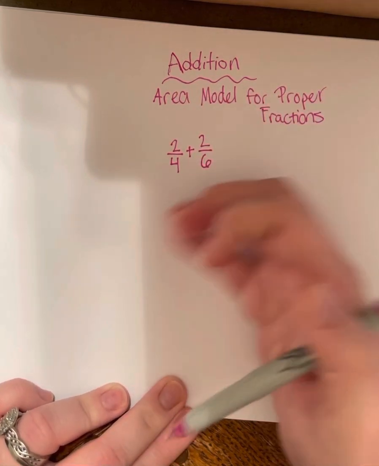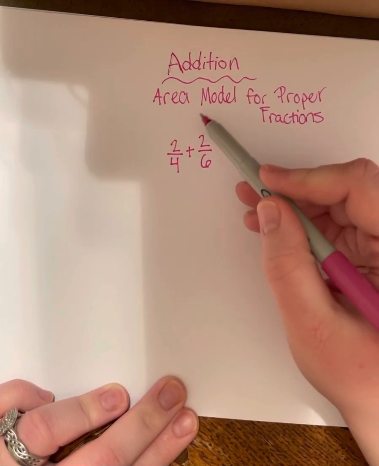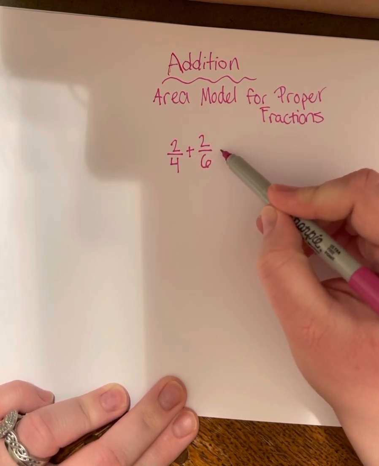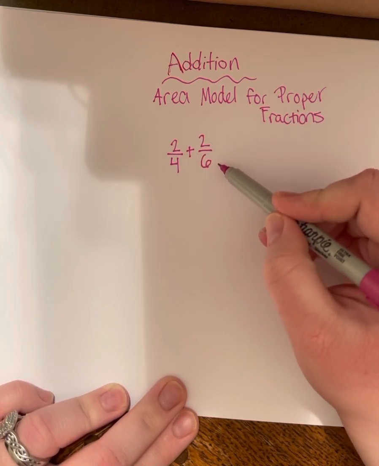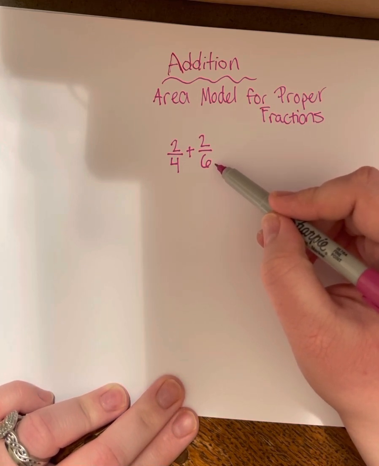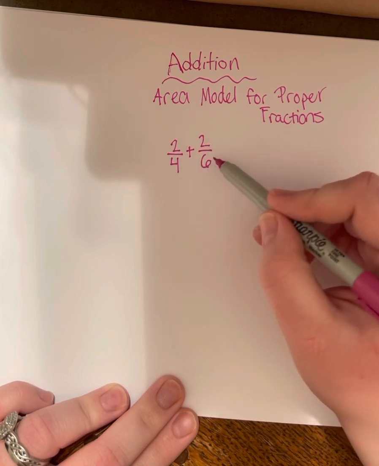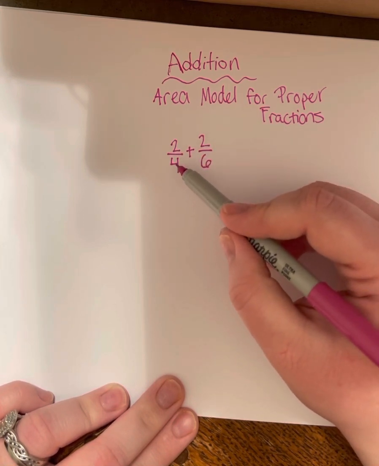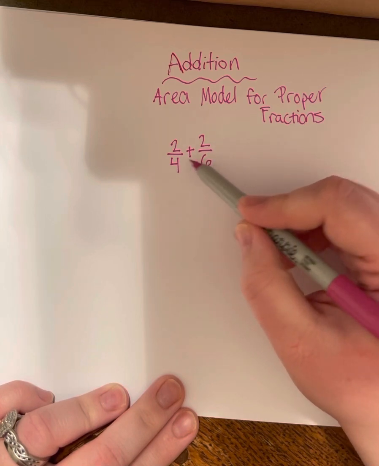So normally we would solve this by making the 4 and the 6 the same number. And we do that by finding the least common multiple of these two numbers. So we know that 12